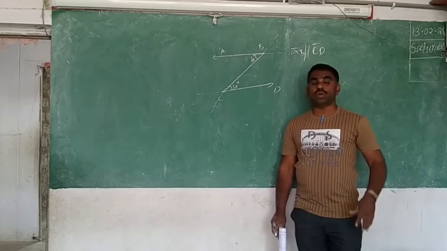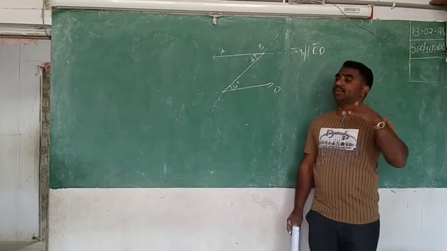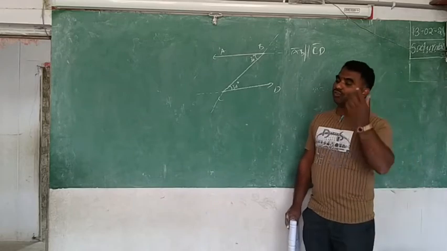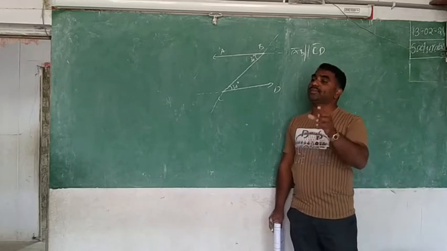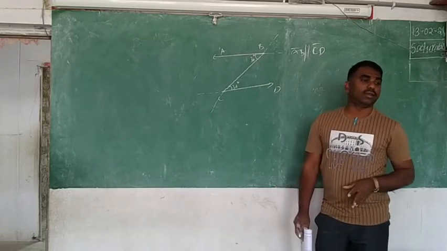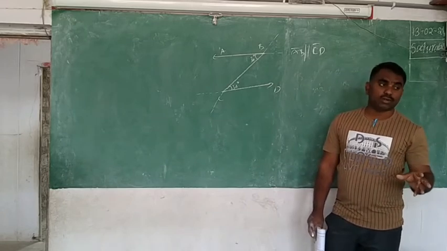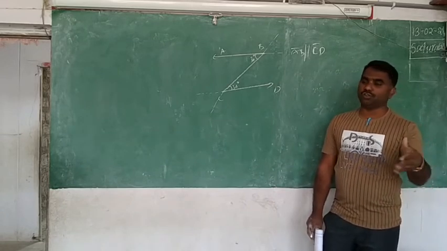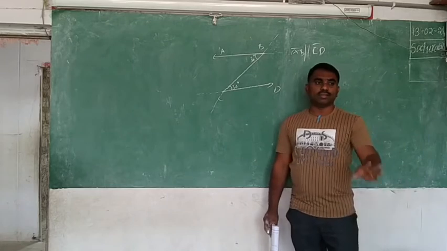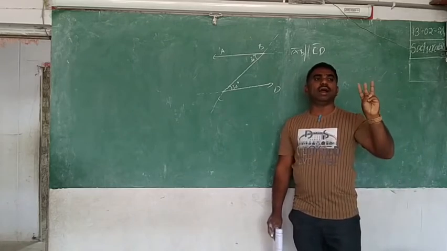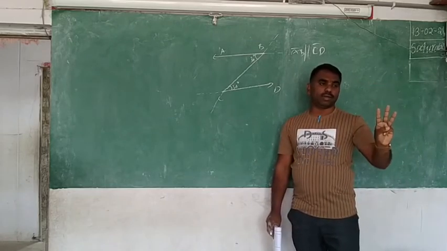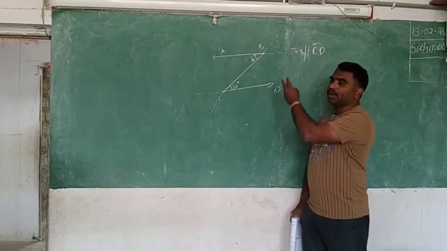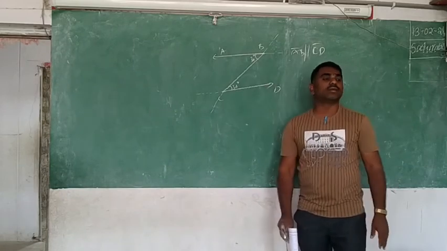Sometimes what do you find? Two angles are given, one is interior, one is exterior. Then what question should come in your brain? Are they in the same position or not? Same position means they are corresponding. If not in the same position, you can't say anything. So like that there are three pairs: corresponding, alternate and same side. Here we are finding whether they are corresponding, alternate or same side.